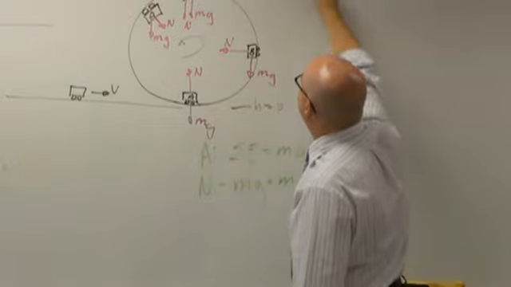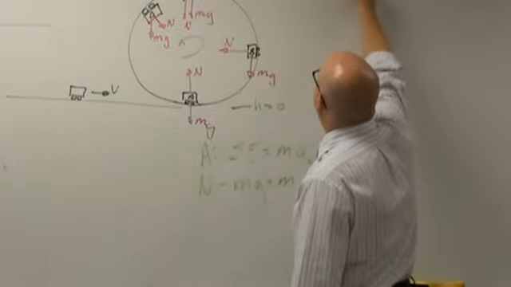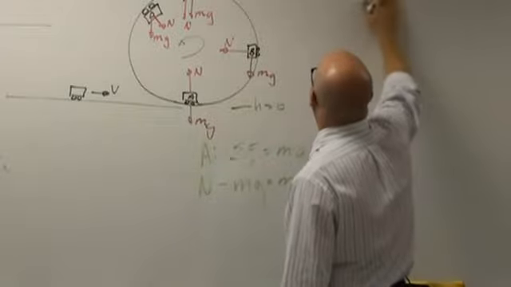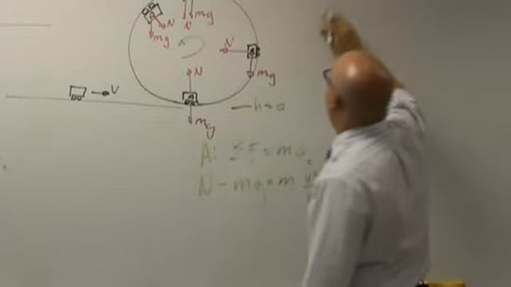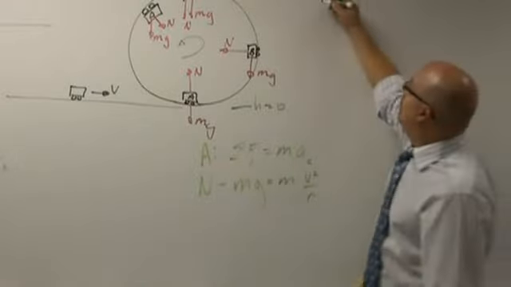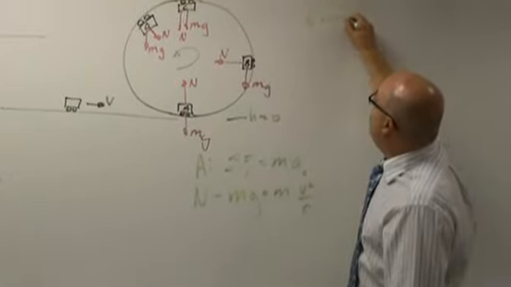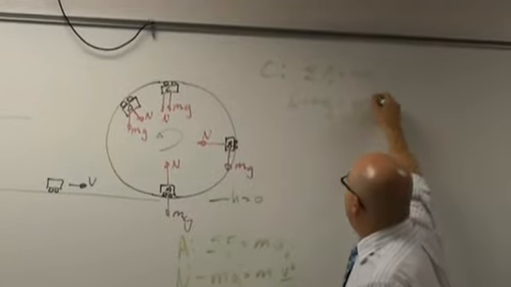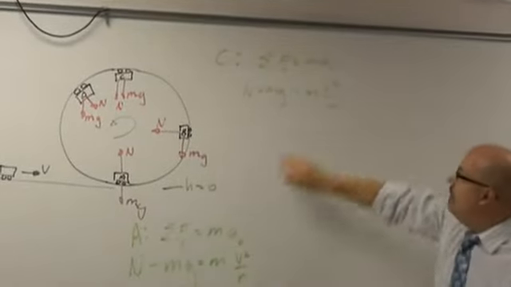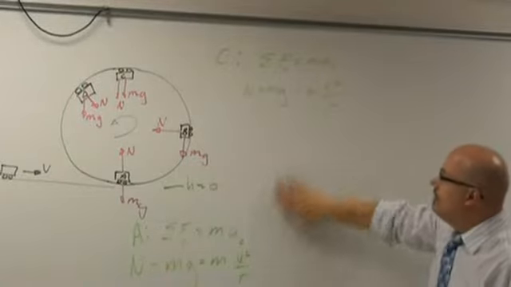Location C. The sum of the forces equals m a_c towards the center. All right, build this for me. What's this going to look like? N plus mg equals mv squared over r. Okay, now, looking at that and looking at this,